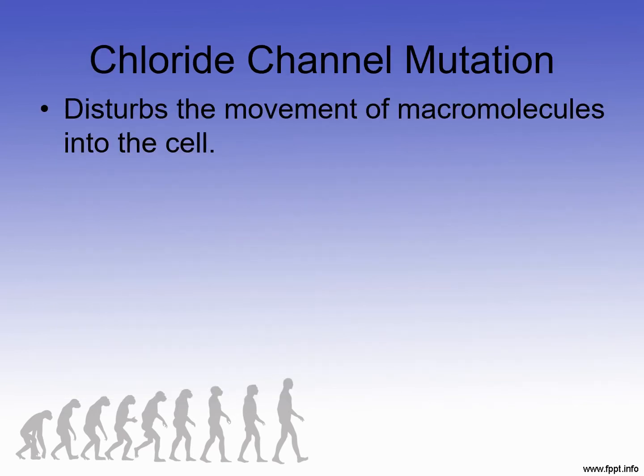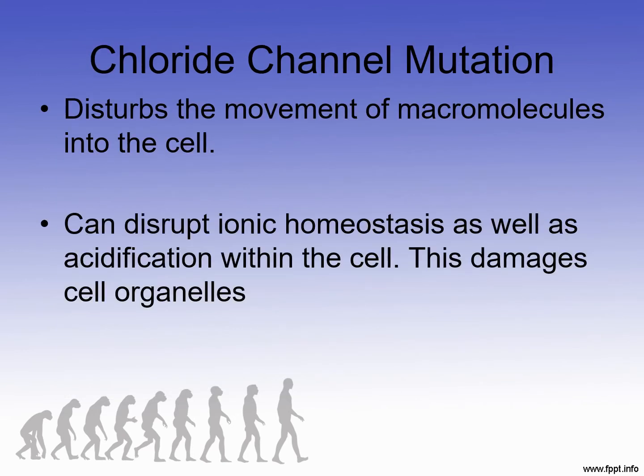It disturbs the movement of macromolecules into the cell. It can disrupt the ionic homeostasis as well as the acidification within the cell, which damages the organelles within the cell. In essence, it disturbs the environment inside of the cells and makes it very hostile to all of the different little parts and pieces that operate within the somatic cells